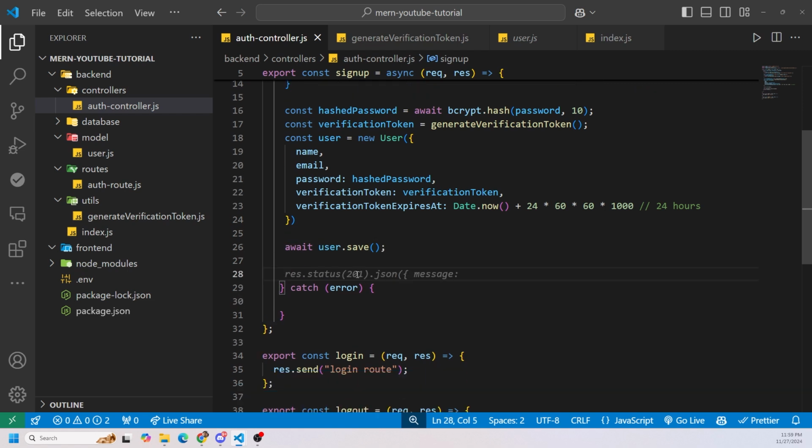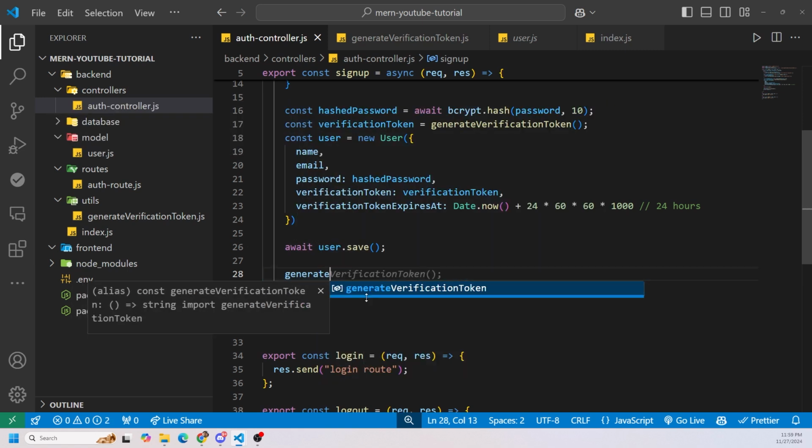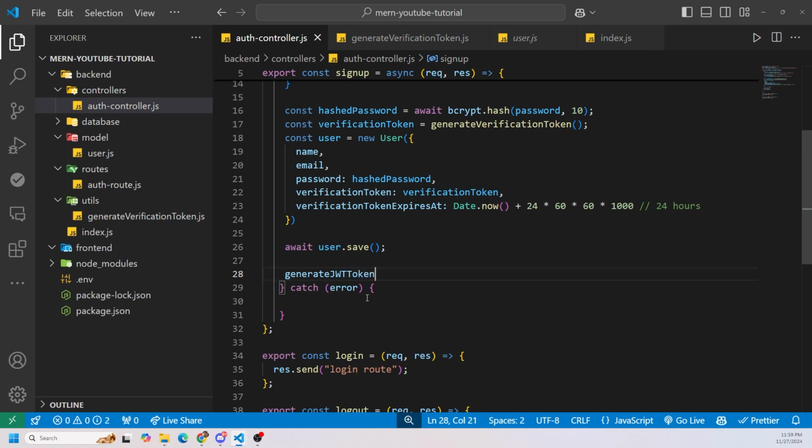Perfect. Next, what we want to do is generate a JWT token. So that JSON web token package we installed at the beginning, we're going to use it now. So we are going to create another function that is not within this specific file. We're going to call it generateJWTToken. And what we're going to have to pass in are a few things so we can have access to them inside this function. So we could pass in the response, because we need to set a cookie. And the second thing we could pass in is the